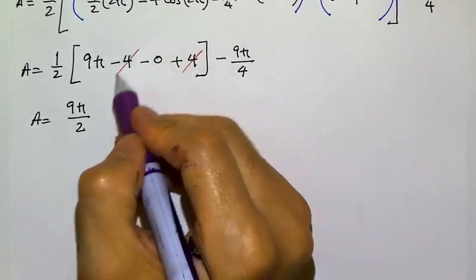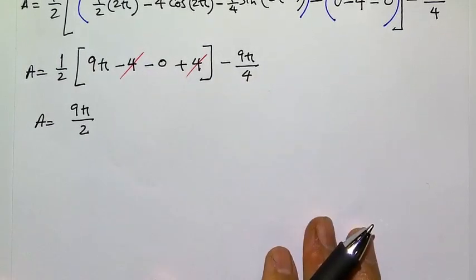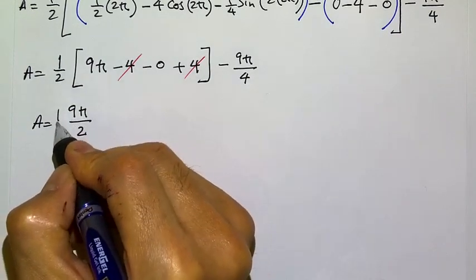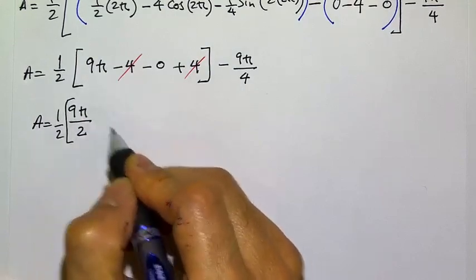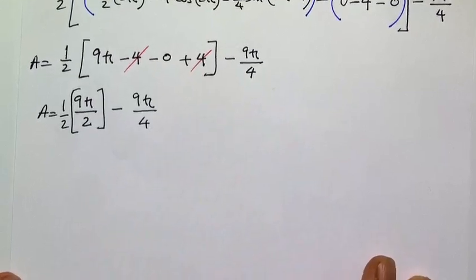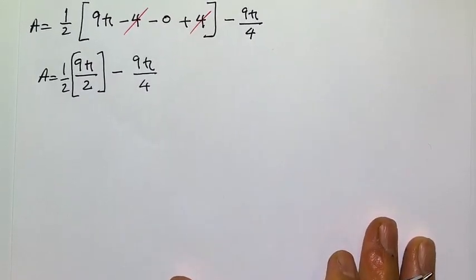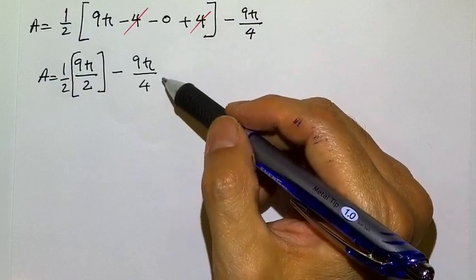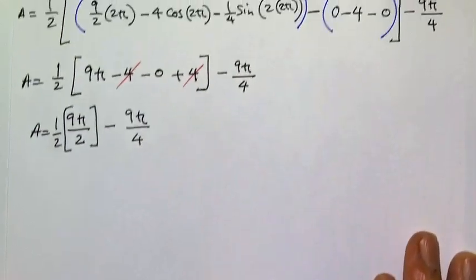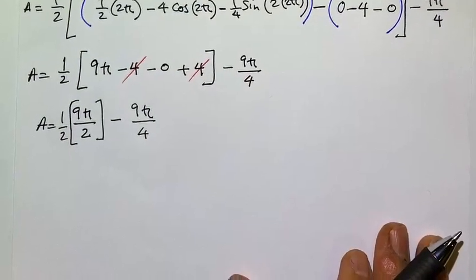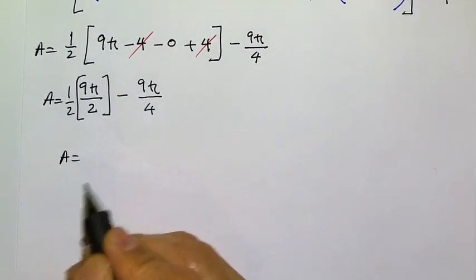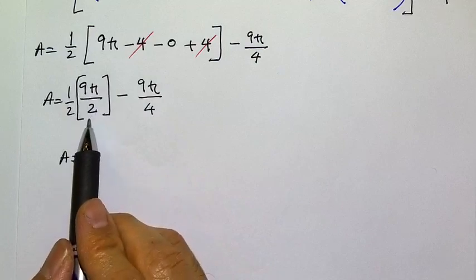And these two cancel each other out. So 9 pi over 2, oops, I forgot the 1/2 there. So 1 over 2 times that minus 9 pi over 4, right? I'm writing every step down. You were done 10 minutes ago, much sooner than that, but I'd rather write down every step just in case people have any questions about every stage of this. So then we have 9 pi over 4,